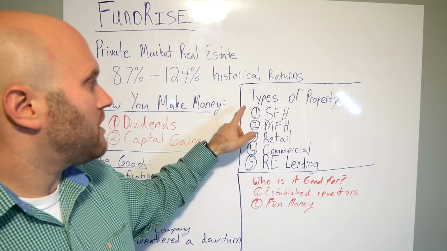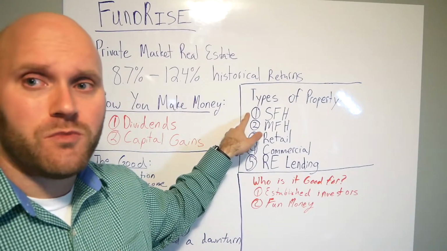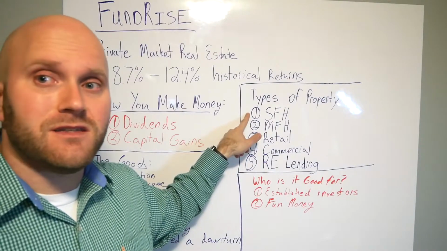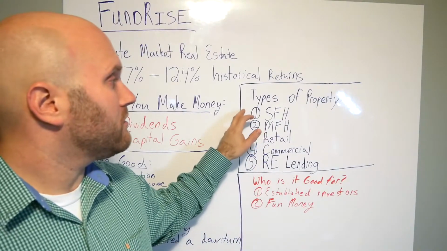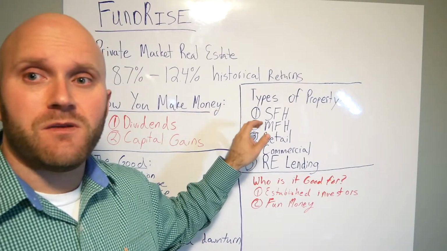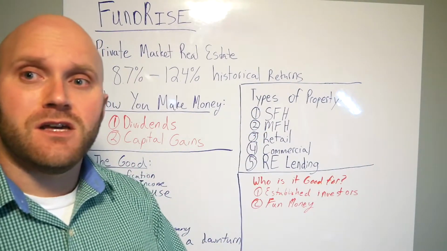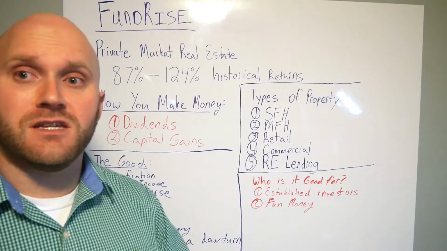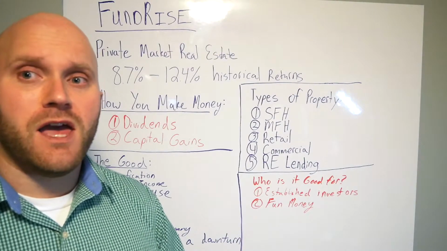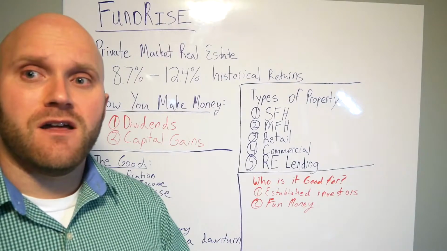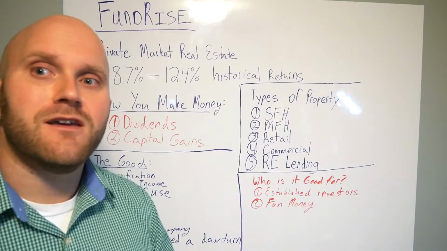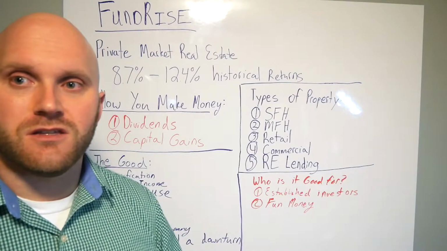The other types of properties: single family homes. Now these won't be single family homes in central Ohio that cost $60,000. These are generally going to be single family homes in Washington D.C., Los Angeles, places where the homes cost a significant amount of money to acquire, and when they're fixed up and renovated, they can take those and sell them for a very significant amount of money. So it's not your standard homes in small town America.